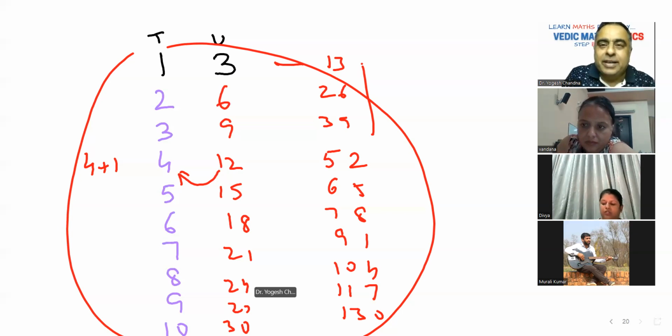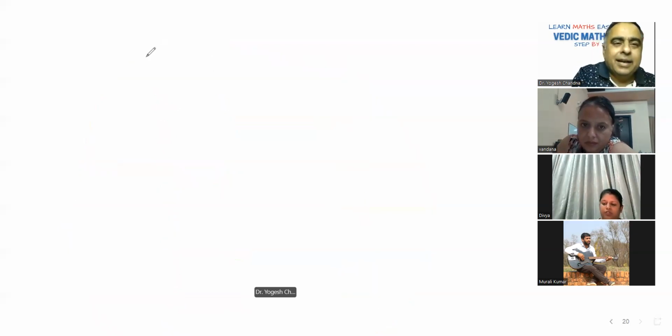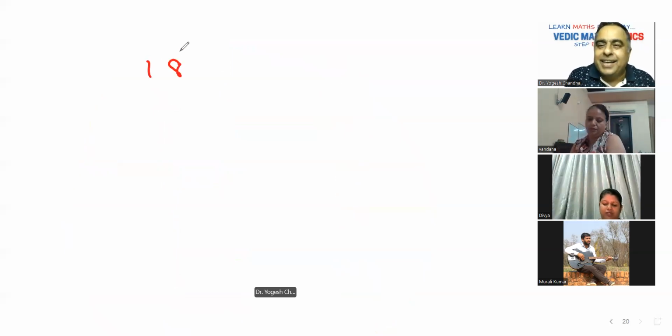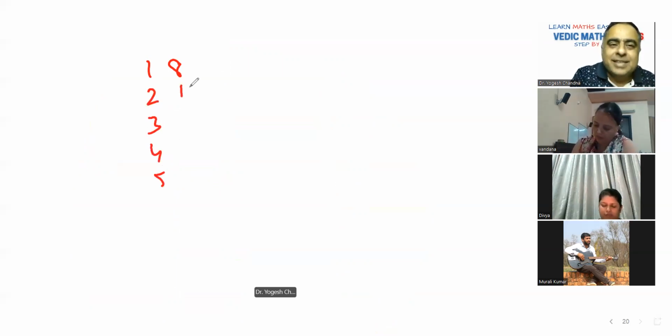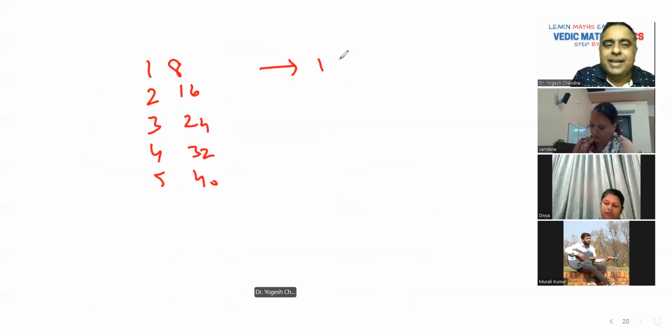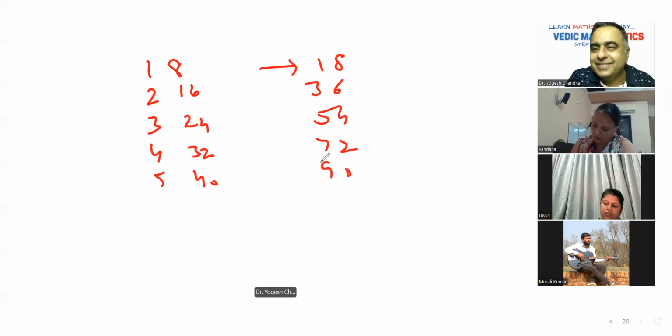Similarly, any number you put, yes, Divya, any number, 18. If a student knows 12, meaning the 1 and 2 tables, then what is 18? 2, 3, 4, 5, 8 means 16, 24, 32, 40, that means 18, 36, 54, 72, 90. Now any table is difficult for us. And that was the reason, that was the confidence. The students who were saying, no, we know up till 12, after half an hour, they said, we can do